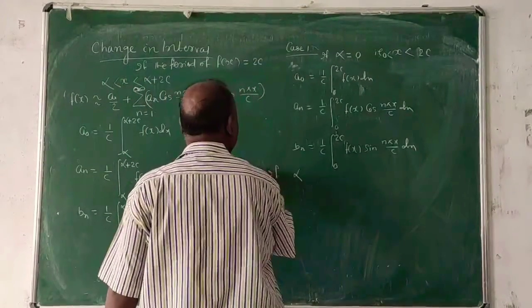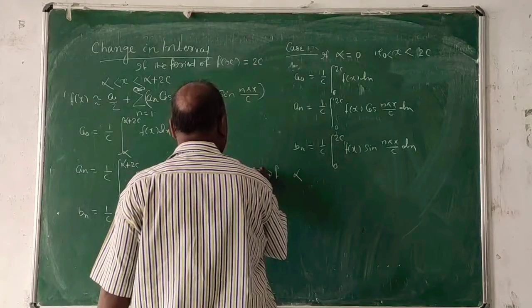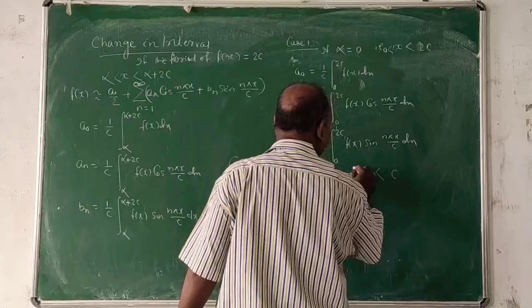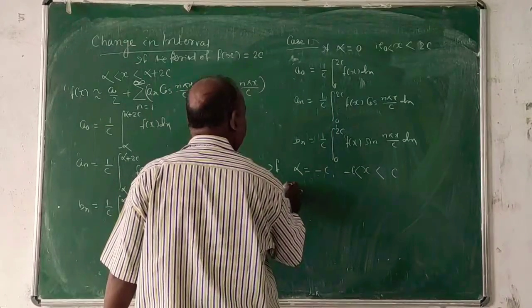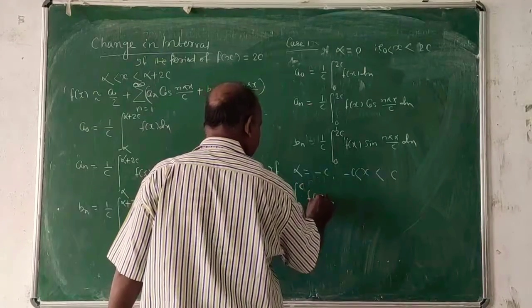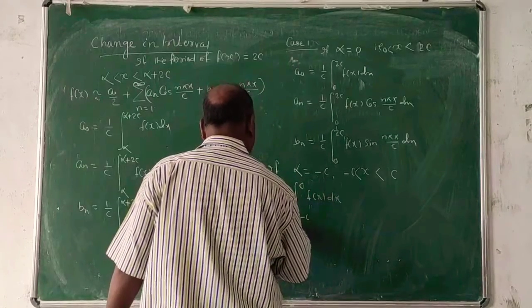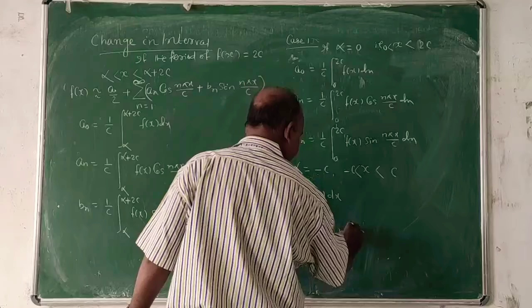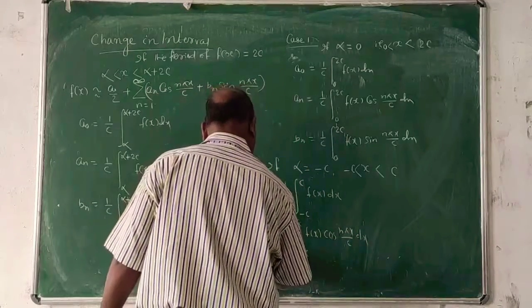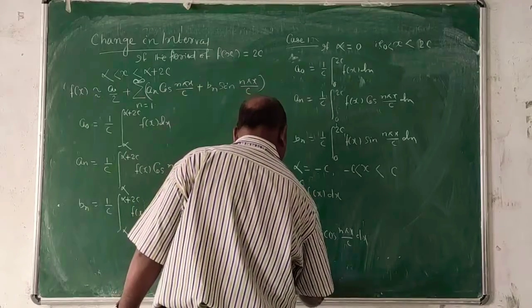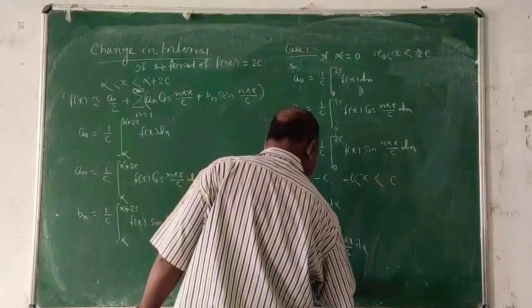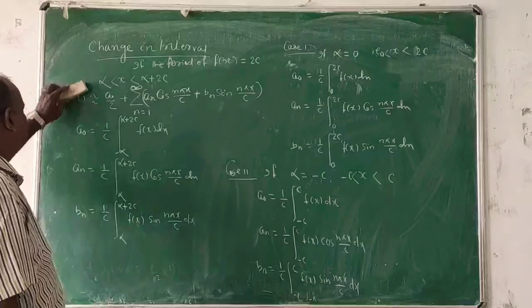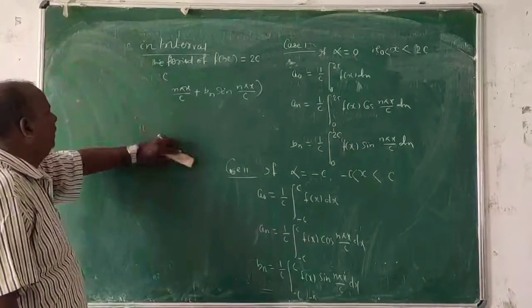Now, case number 2. If alpha is equal to minus c, or x lies between minus c and c, then the value of a0 is 1 by c into the integration of minus c to plus c of f of x dx. And the value of an is 1 by c into the integration of minus c to plus c of f of x cos of n pi x by c dx. And the value of bn is 1 by c into the integration of minus c to plus c of f of x sine of n pi x by c dx. If for a specific interval the values of a0, an and bn are different, then